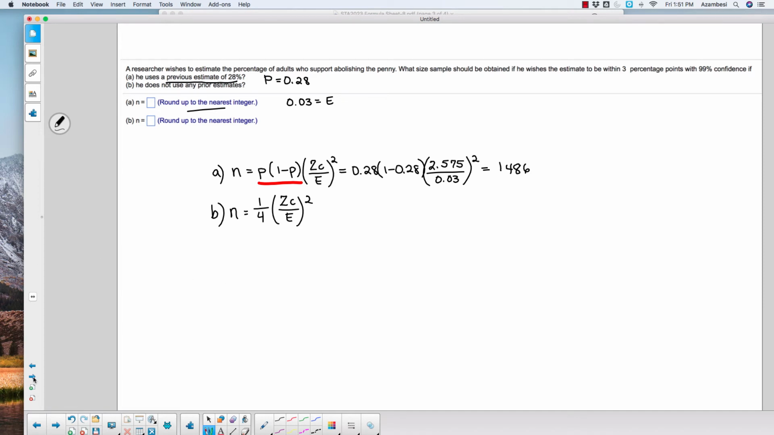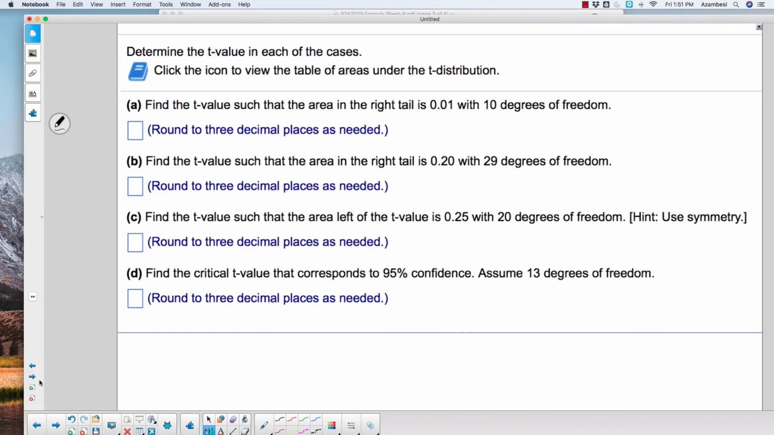Now these are problems that have to do with proportions of the population. We also have some that have to do with means. So what I wanted to do before we branch into those is talk about the t-table first. So the t-table is listed here, and it's based on area in the right tail. So you have an area in the right tail, and it's based on a degree of freedom. So if I pull up that table,